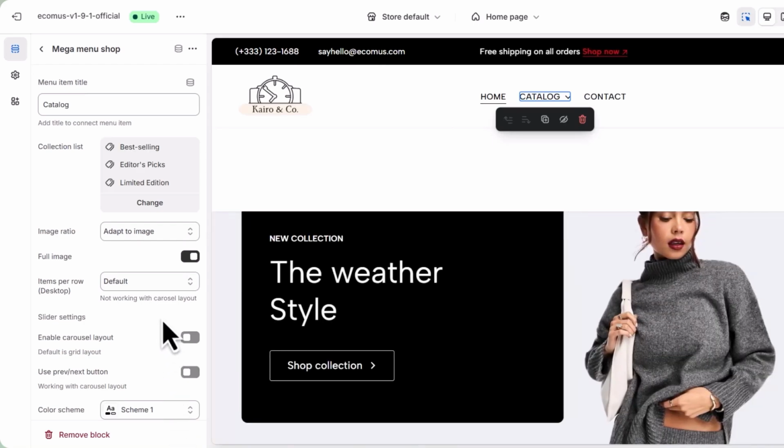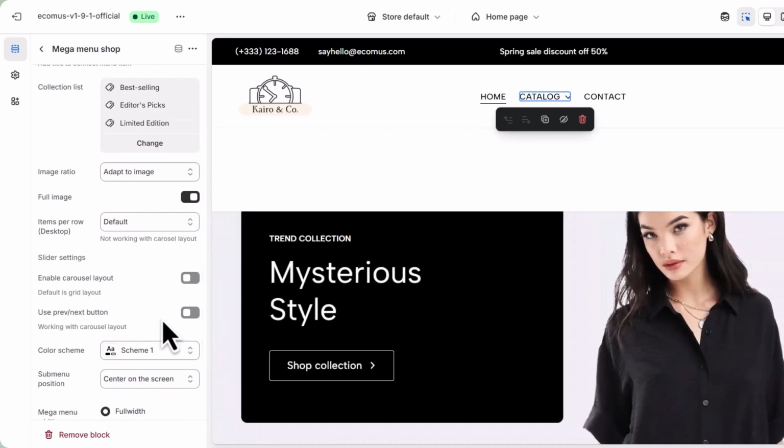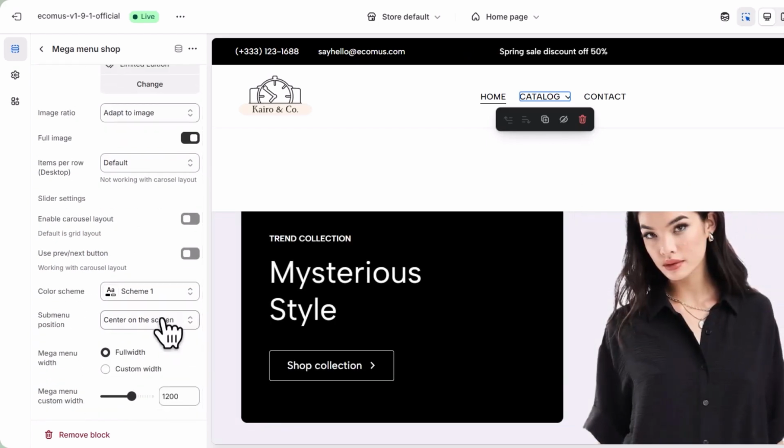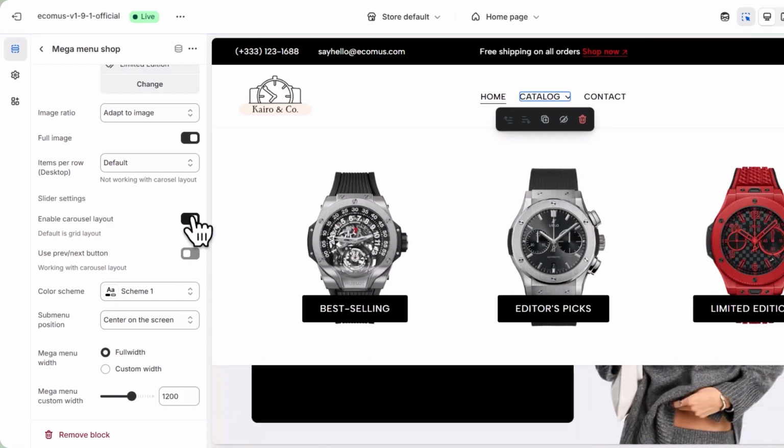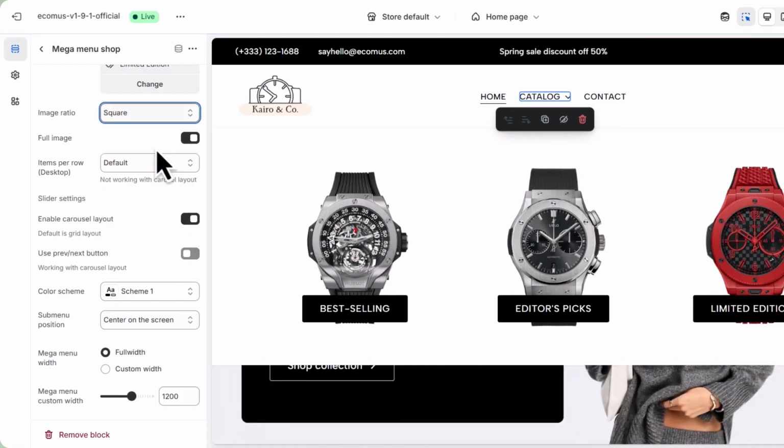I'll go with the carousel layout for a modern, scrollable look. But feel free to explore other options like grid or list, depending on your store's style. Once you're happy with the header, we can move on to the next section,